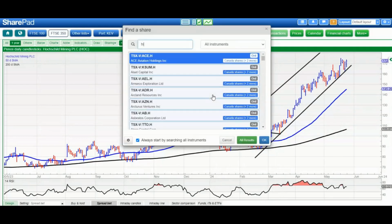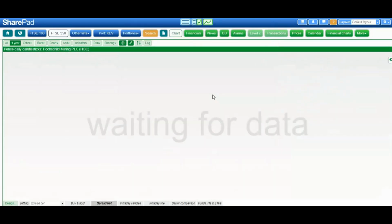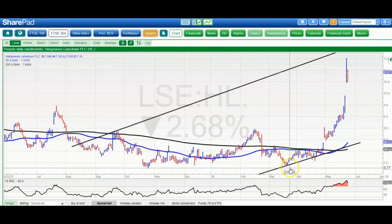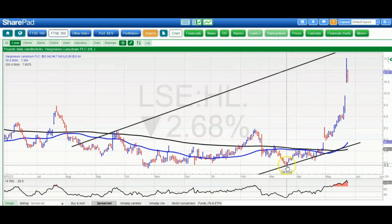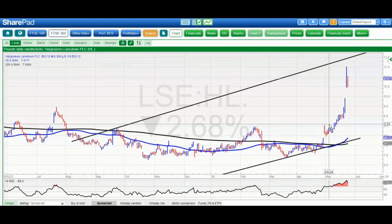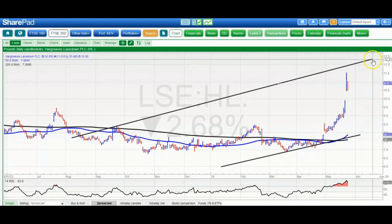On to Hargreaves Lansdown, another bid situation, and here following the rule that 4 to 6 weeks before a takeover you tend to get a rug pull. In this case the rug pull was back in March and also in April, and then the shares had their big move. Current situation is that we have a notional rising trend channel there heading for as high as £12.30,